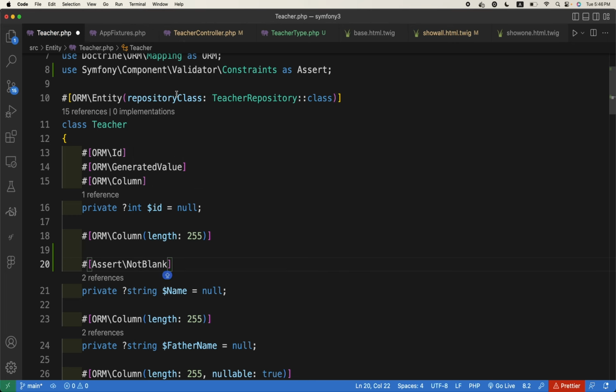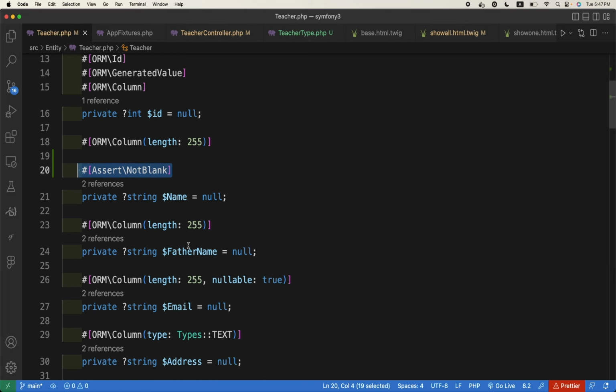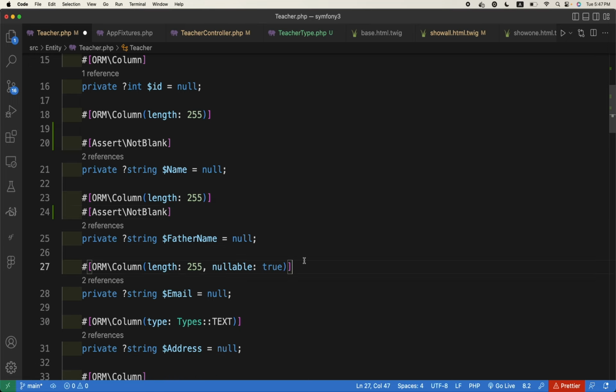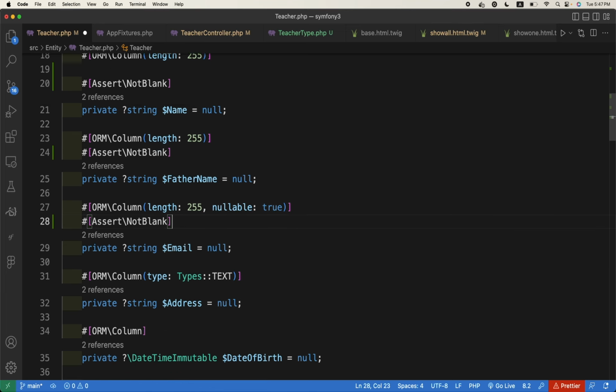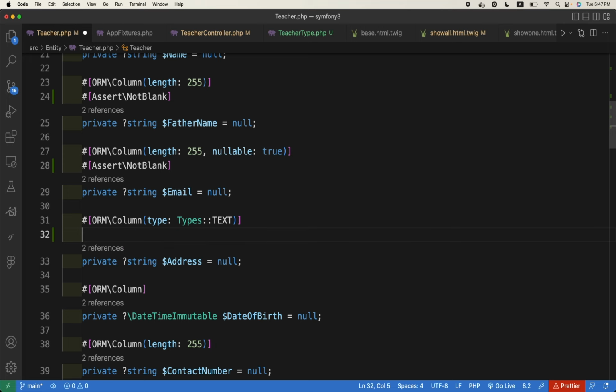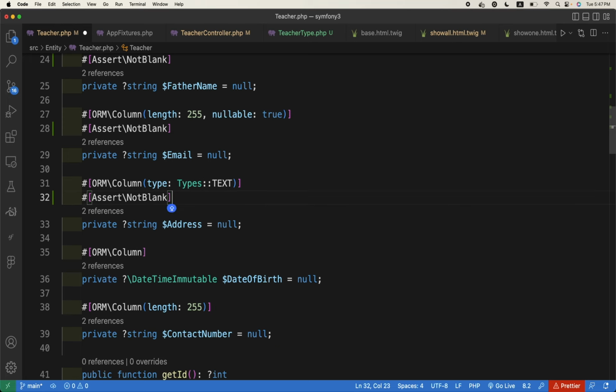Now the name cannot be empty, right? So if I use it above the father name, and then the email, address, date of birth and the contact number,